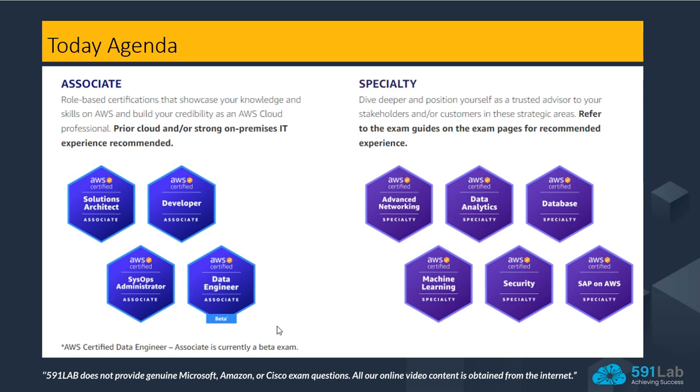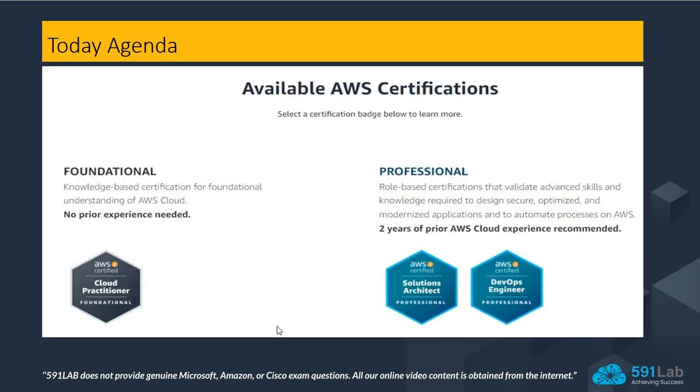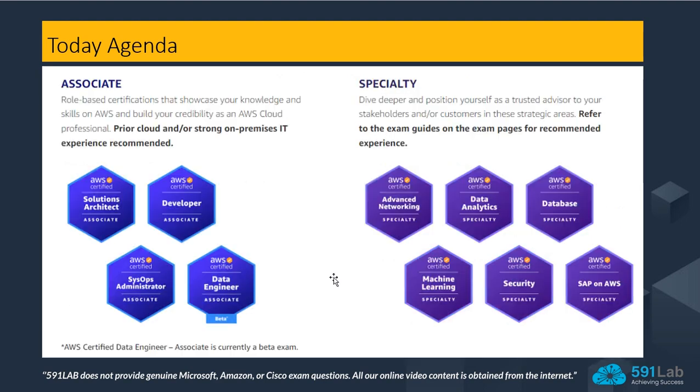After you take some of the courses at associate level, I would recommend you go for the professional ones. Those who have the sysadmin associate certificate, I would recommend them to go for Solutions Architect Professional. For those who have the AWS Developer Associate course, I would recommend them to go for the DevOps Engineer Professional course. It's not the end, but those people who have expertise in infrastructure can go for the specialty course, and